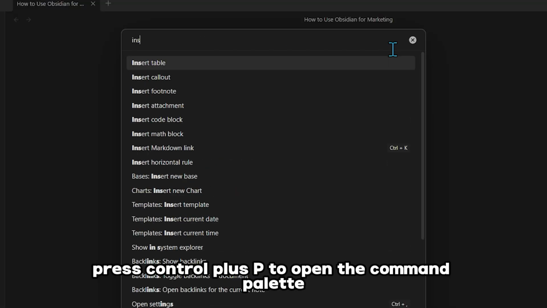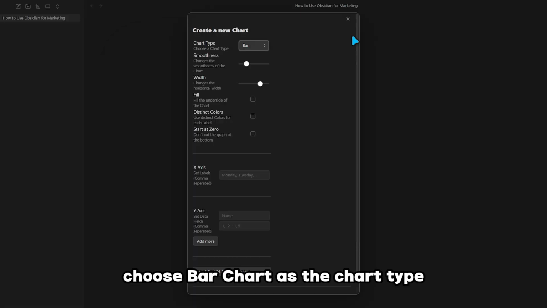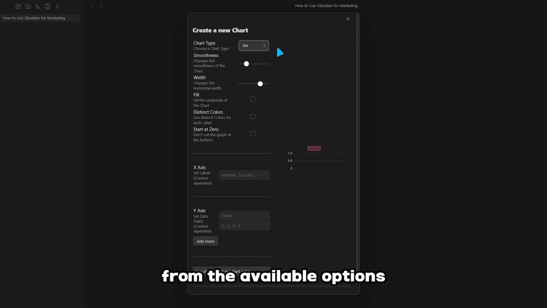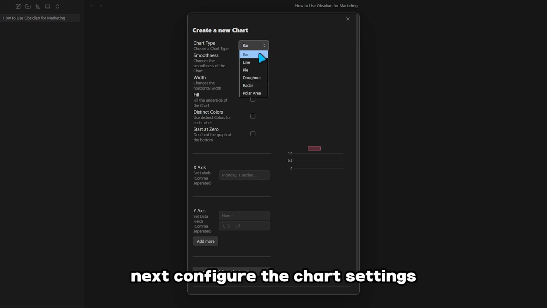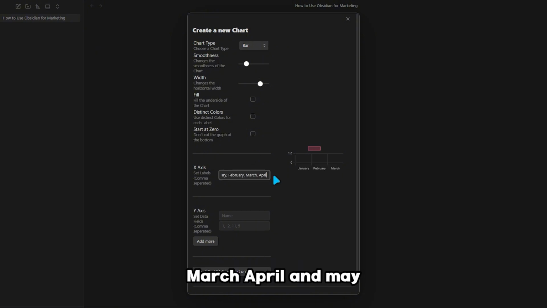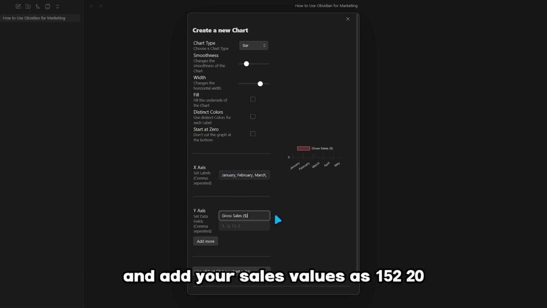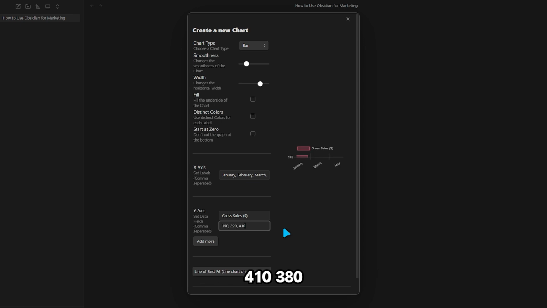Press Ctrl+P to open the command palette, then search for charts. Insert New Chart and press Enter. Choose Bar Chart as the chart type from the available options. Next, configure the chart settings by entering your X-axis labels as January, February, March, April, and May. Set the Y-axis label to gross sales in dollars and add your sales values as 150, 220, 410, 380, and